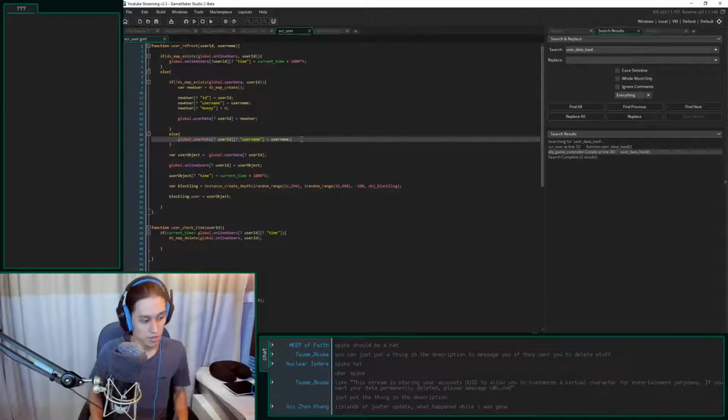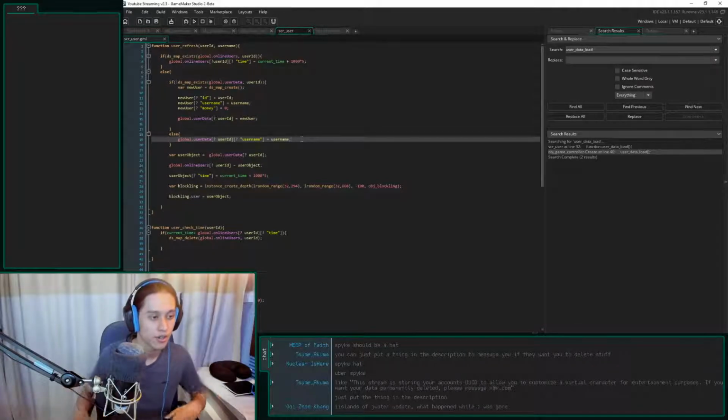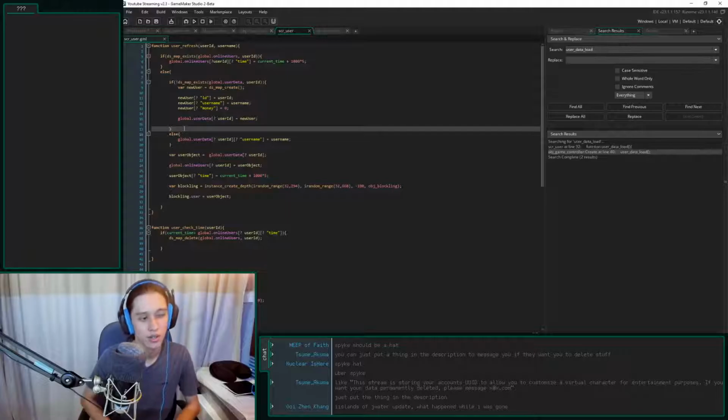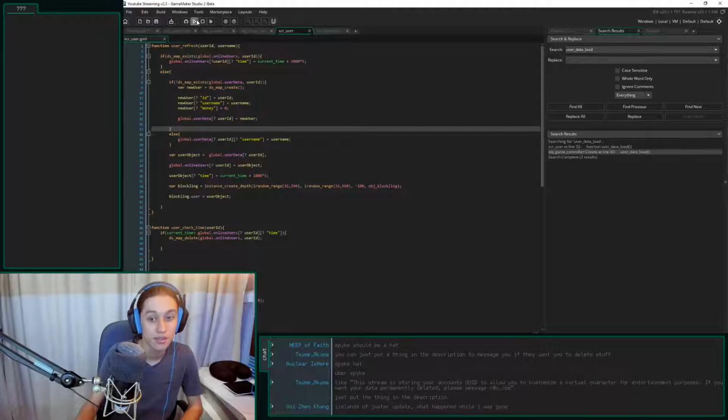I haven't run this program in a while. Islands of Water update. What happened when I was gone? Nothing. I'm just still creating user objects that I can pass around. But theoretically, this should work. And that's like famous last words territory.